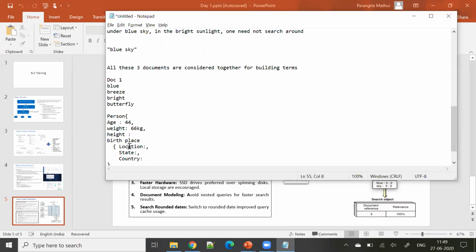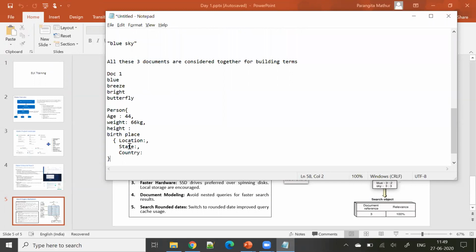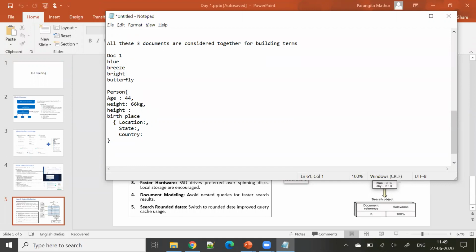Within this first layer, we again have a second layer, and there could be many documents where you have multiple layers, nested things. So we should avoid nesting. First of all, if nothing can be done, then it's okay. But our query based upon this, if I build a query, that query will again come up in this format. If I want to search, first of all, a person which has